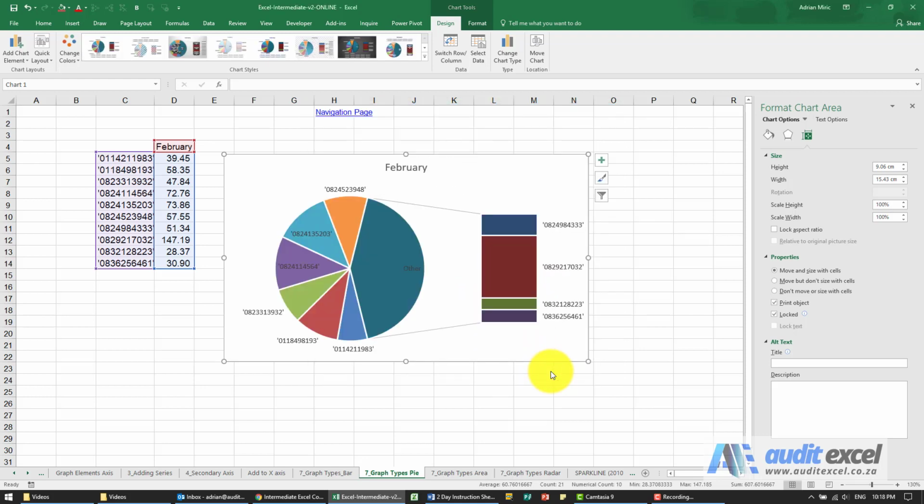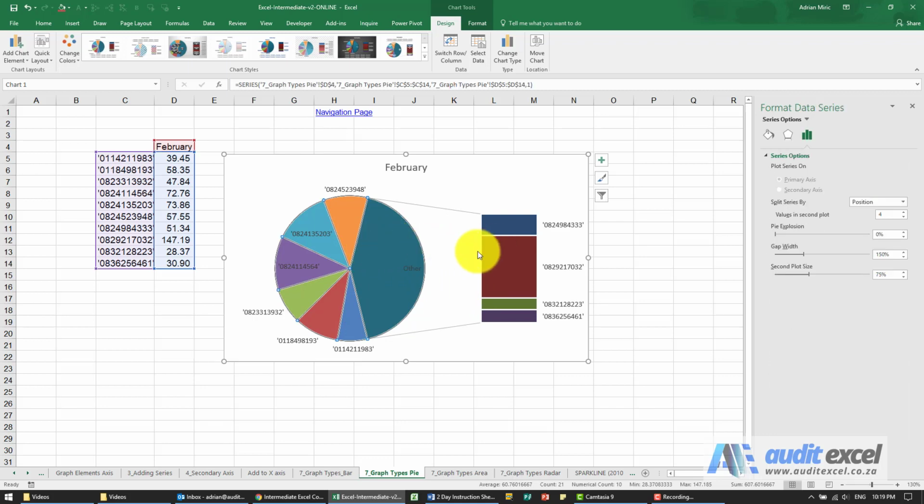When I say OK, you'll notice that what it's done is it's created a pie chart, and certain items have been put into an Other category, which are then further expanded on over here. This is useful where you've got things like expense analysis, where there are some major expenses, and then maybe there are lots of expenses that make up the other. As a single slice, it's a significant portion, but maybe the underlying breakdown is different. The question is, how do you control what belongs here and what belongs here? What you'll notice is when you click on the data